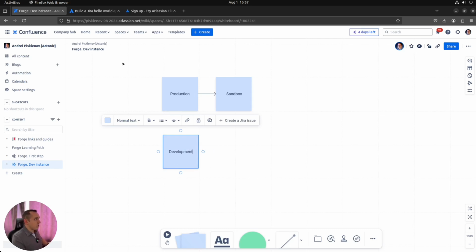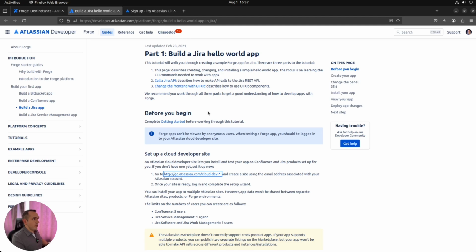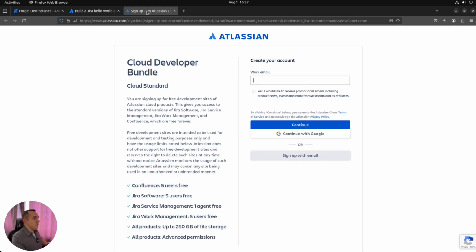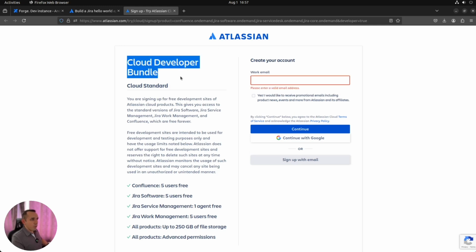To create such an instance, you just need to follow the guide from Atlassian, which explains that you are able to have your own cloud development environment with Jira, Confluence, Jira Software and Work Management, Jira Service Management, absolutely for free, but with some limitations. To create it, we need to go to this link. We will see this beautiful page, which explains that this is a place where you can create your own development instance